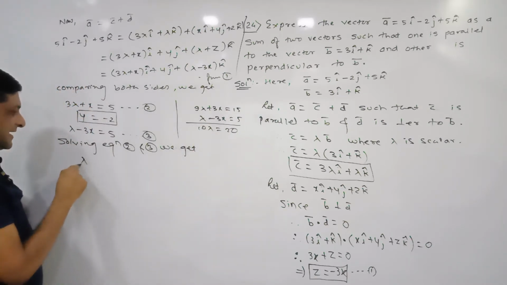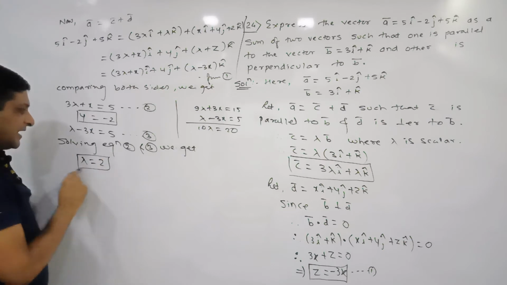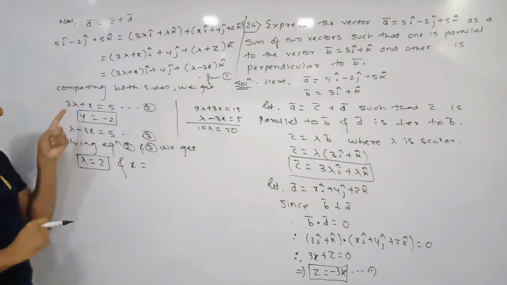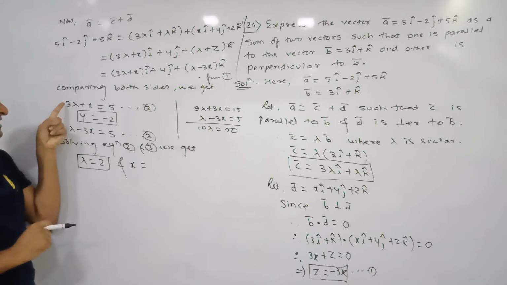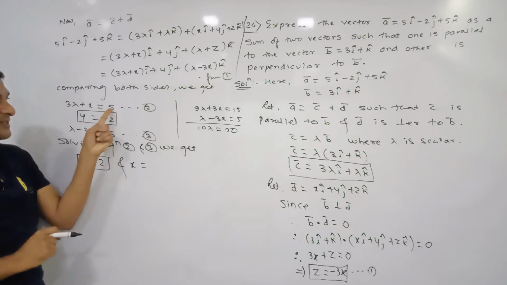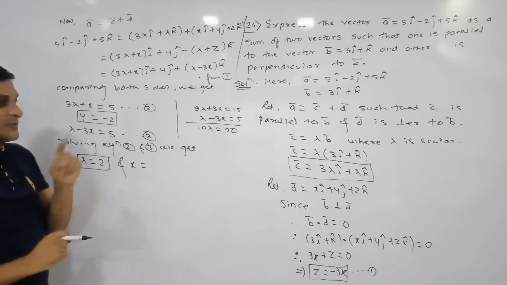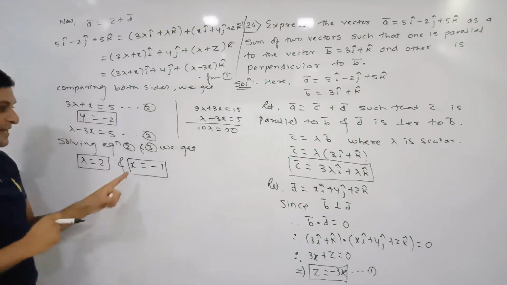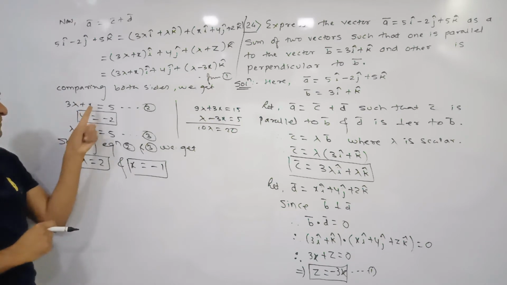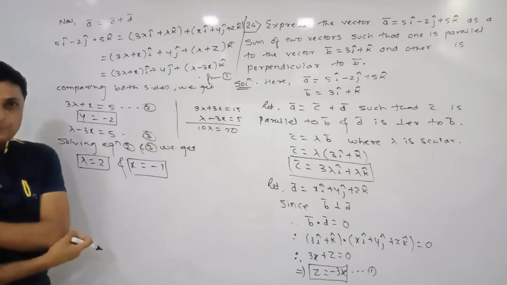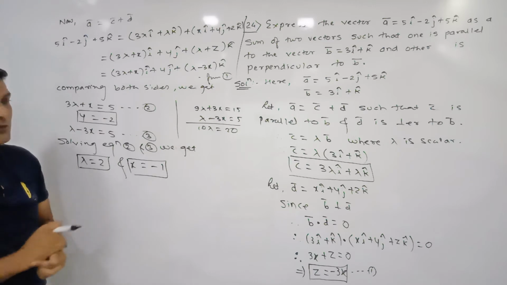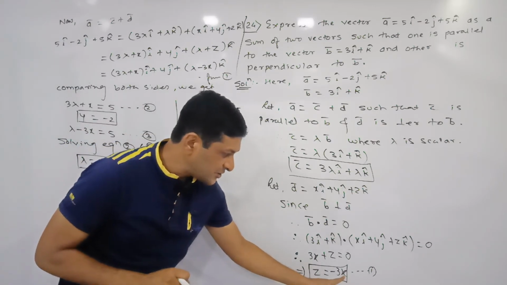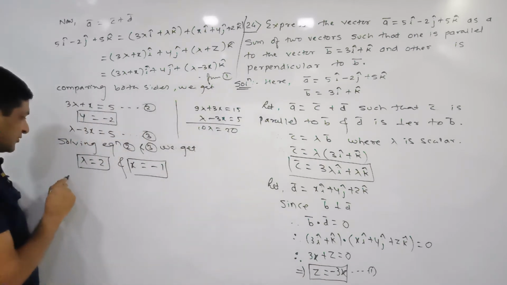So here we will get lambda equals 2, and x will be equal to, substituting the value of lambda equal to 2, 2 threes are 6, plus 6 on this side will become minus 6, 5 minus 6 is minus 1, means x will be equal to minus 1. In this way we have got the value of x and lambda by solving these two equations, isn't it? Now lastly the only remaining part is to find the value of z. If we substitute the value of x in this equation, we will get the value of z.